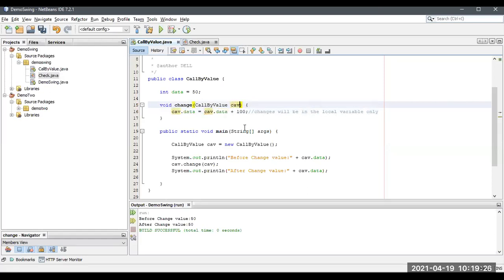Okay, now the error has gone. Because this is an object, by using this object I'm passing the same object of the same class. Before that, the value didn't change: before change and after change, even though 100 had been sent to the method, the value didn't change. For that, we need to pass an object to change the values.